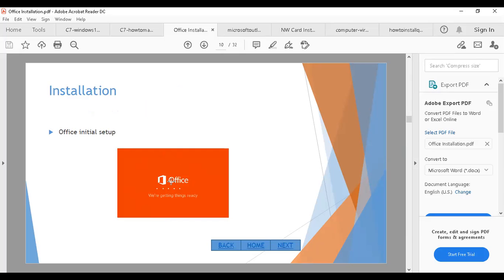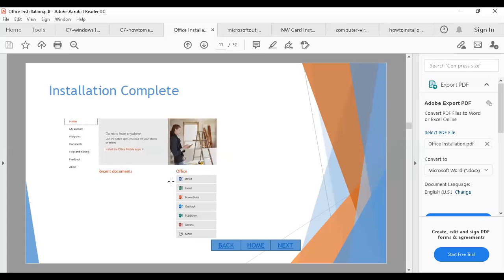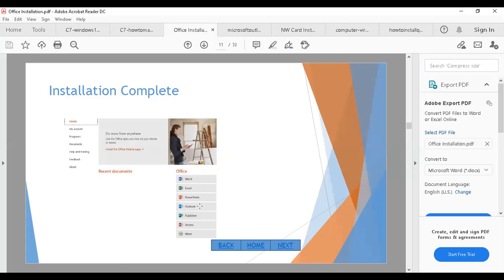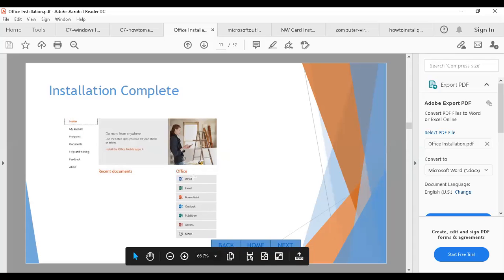Depending upon the internet speed, it will take time to get installed. After installation gets completed, you will be able to see this. Whatever the apps your Office is having, Word, Excel, PowerPoint, Outlook, Publisher, Access, you will be able to see all those apps in your suite.